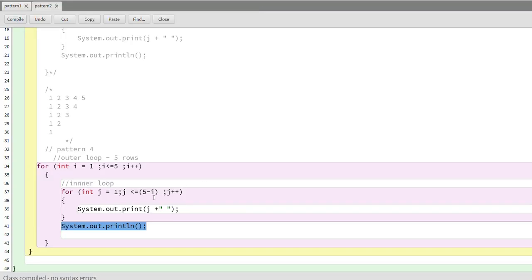So if you see, the output was 1 2 3 4 only, that 5 was missing. So what should I do? Less than or equal to 5 minus i, that will give me 5 when i is 1, so it is giving me only till 4. I want this up to one more. So what should I do over here? I will make this 6 minus i. So I will get 5 4 3 2 1. So let me try it again. Let me compile this and run it again.